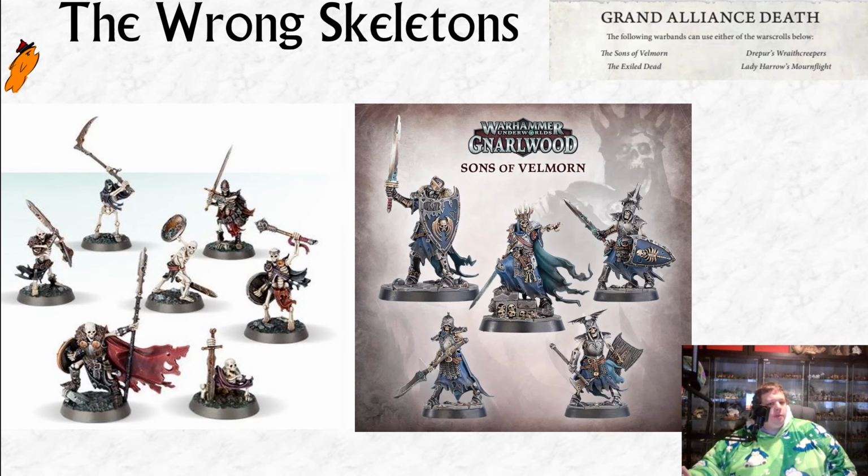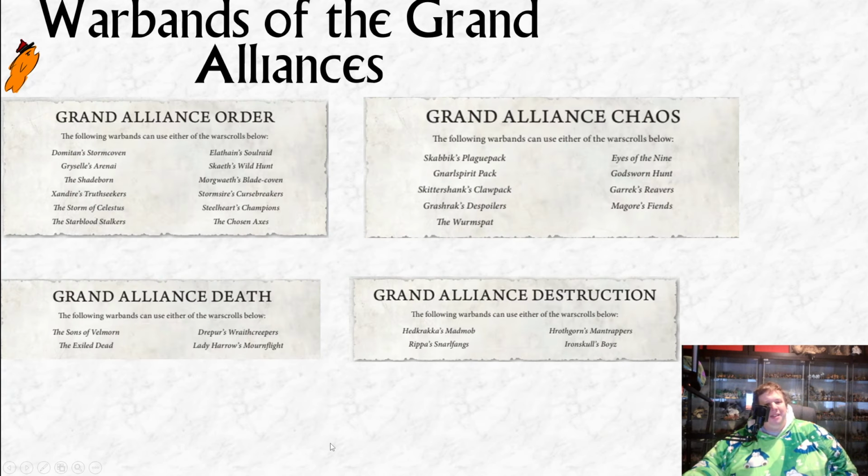Now, what I noticed when I was putting this slide together to have a little moan is there are exactly 4 death teams that are using the weird generic rules at the moment. So the Sons of Velmorn, the Exiled Dead, Durpor's Wraith Creepers, and Lady Harrow's Mournflight. So then I went and looked, and I thought to myself, this is interesting, because does